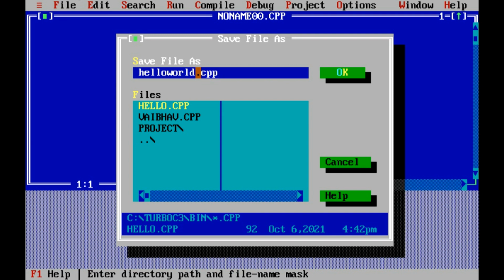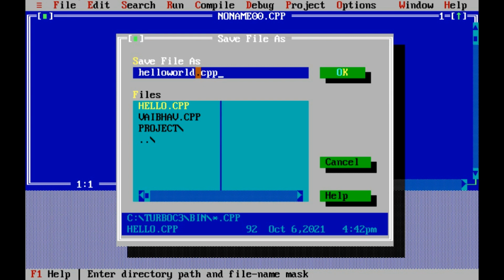Because if you have a list of 100 programs saved with random names, and you want to find the program which finds the factorial of a number, it will be difficult to find. If the program is saved with the name xyz, it will be difficult. And if the program is saved with the name factorial.cpp, then by seeing the name of the file you will come to know that this program finds the factorial of a number.